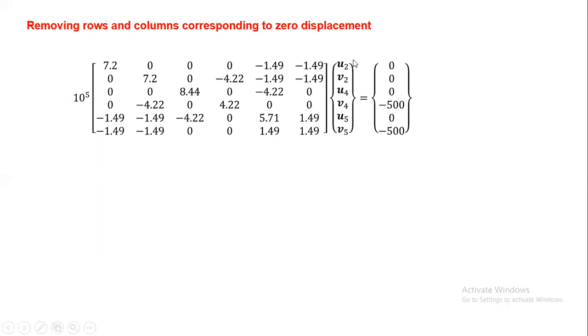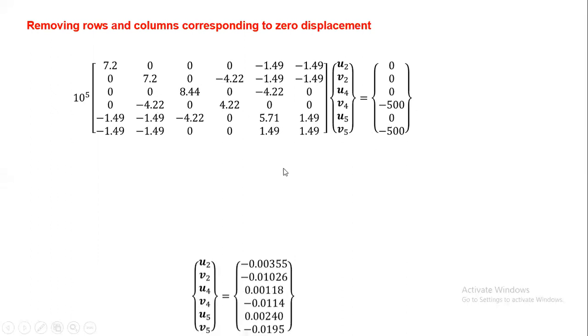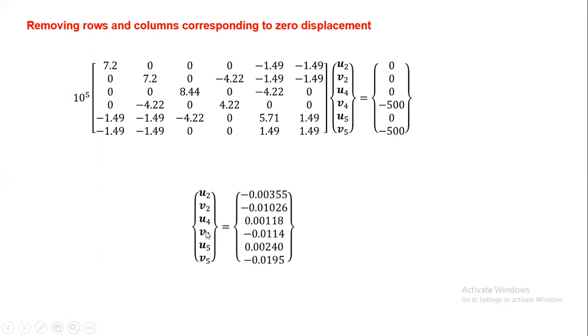That means we want to calculate only this one. Okay, so you write the equations corresponding to this. That means equations in which only these variables are there. Okay, and the remaining terms you can remove. That is one way of solving the simultaneous equations. If the number of equations is very high, then you do this procedure. Okay, now you solve these equations. After solving these equations, you will get this u2, v2, u4, v4, u5, v5.